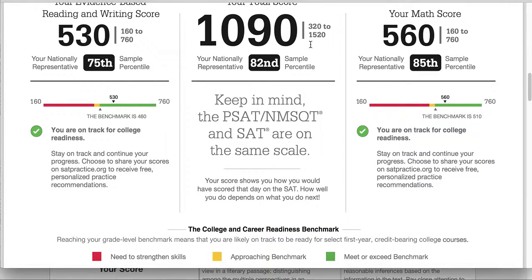in mind that these scores are a projection of what you would get on the SAT. The PSAT and SAT are on the same scale, according to College Board, so this 1090 is a projection of what this student would get on an actual full SAT. So if 1090 were the student's goal, then the student's in great shape. However, if colleges the student wanted to apply to had higher scores, the student would need to study, practice, perhaps even get some tutoring to boost that score higher, even though the student is in the green in both of